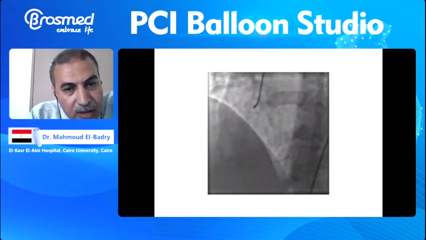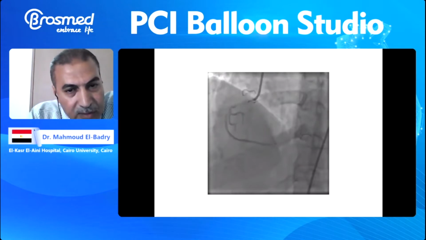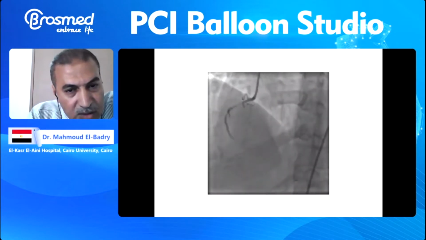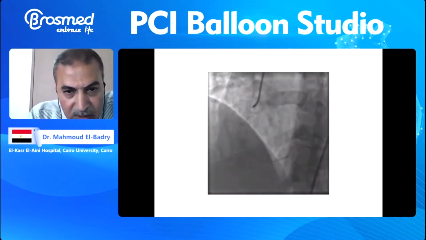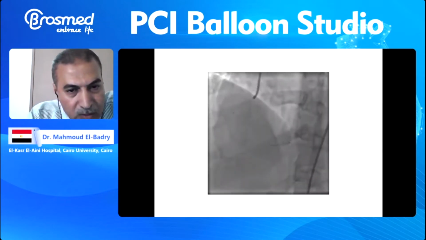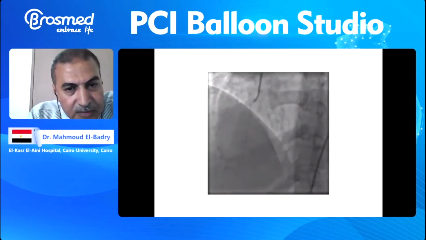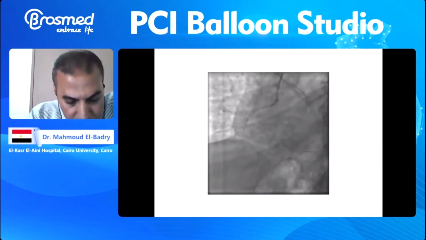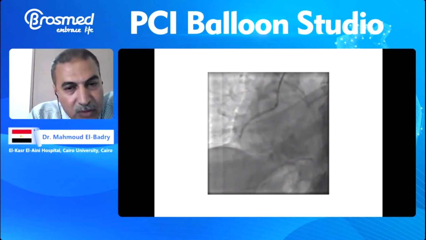And again flow is resumed. And as we see, that's a long lesion, a long total occlusion segment, and a larger balloon dilatation was done. Further dilatation, then a long 2.75 by 48